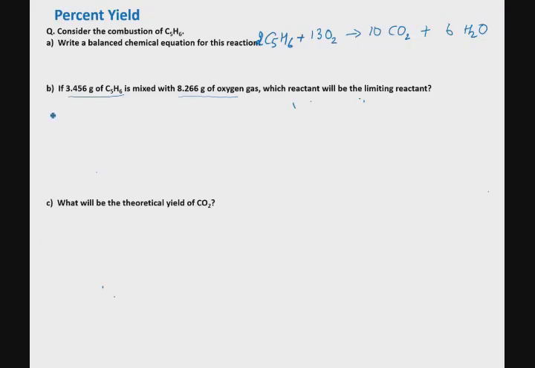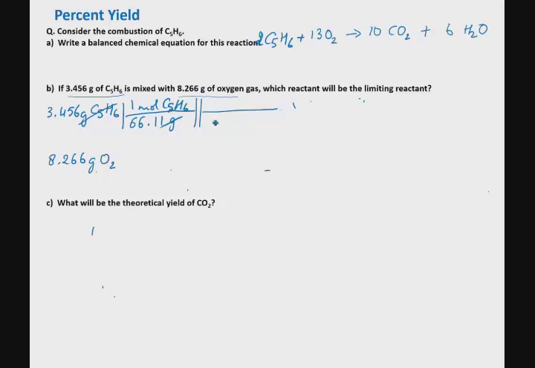So we need to therefore calculate, from 3.456 grams of C5H6, and from 8.266 grams of oxygen, the number of moles or grams of CO2 that can be produced. Please go ahead, pause the recording again while you complete the setup and the calculation. So that goes to 1 mole of C5H6 using molar mass, and that goes to moles of C5H6 gets converted to moles of carbon dioxide using coefficients. This gives us 0.261382544 moles of CO2. Notice that I'm not rounding off these numbers because I need to carry these numbers through